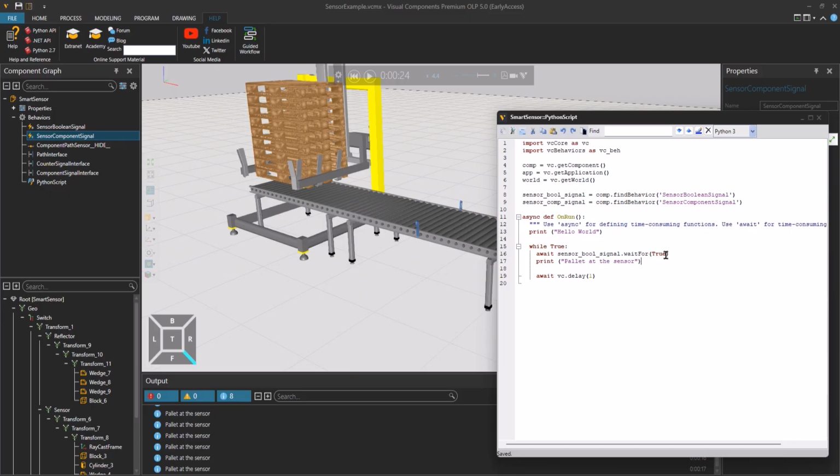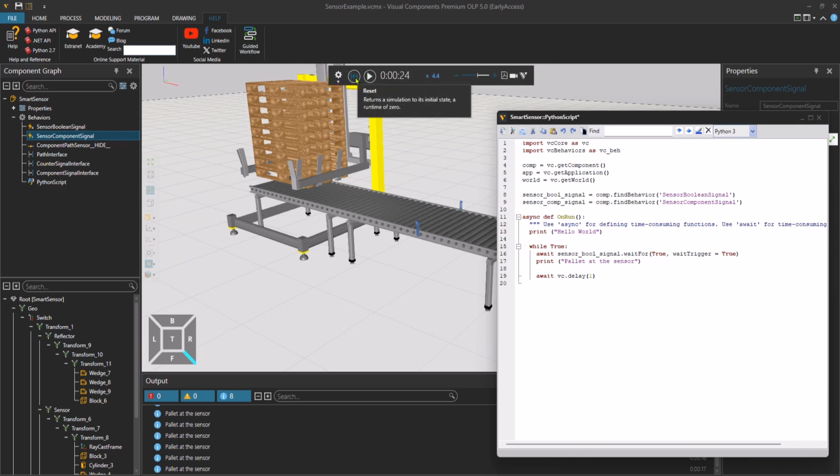We can add a keyword argument to this waitFor, and we can call it wait_trigger true. This means that we are waiting the rising edge from the sensor.